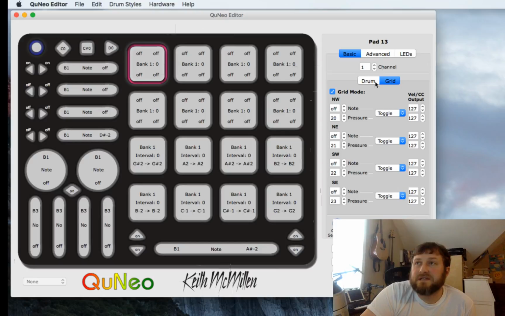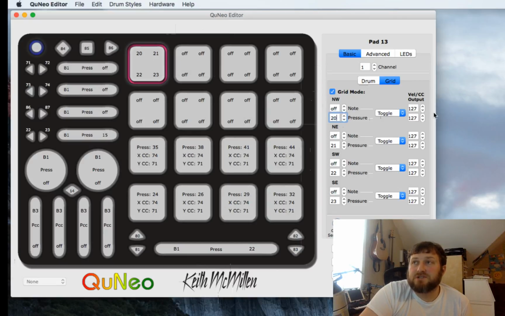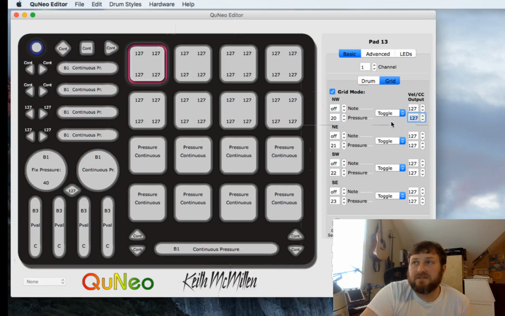So I'm trying to think what else. Another thing I do like is the grid mode in the pads. And like I said before, if you don't want to send a note, turn the note off. And so right here, I have the pressure and I have it set to 127. That way it's like a toggle button. And so I just basically turned all the top 8 pads into 16 toggle buttons,